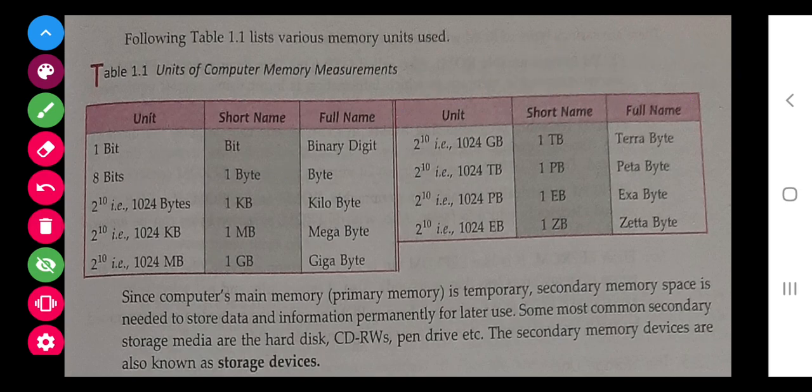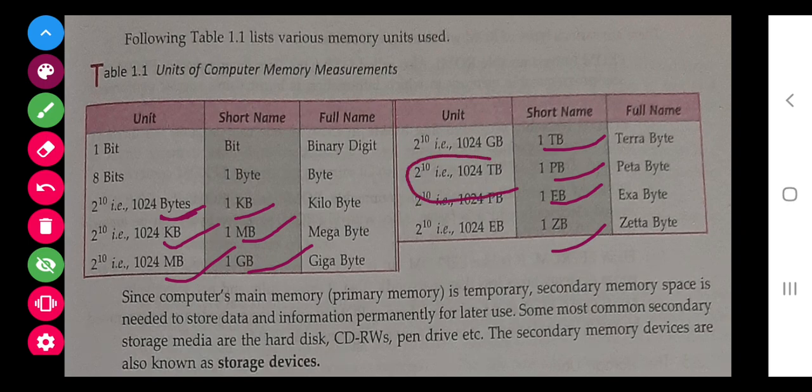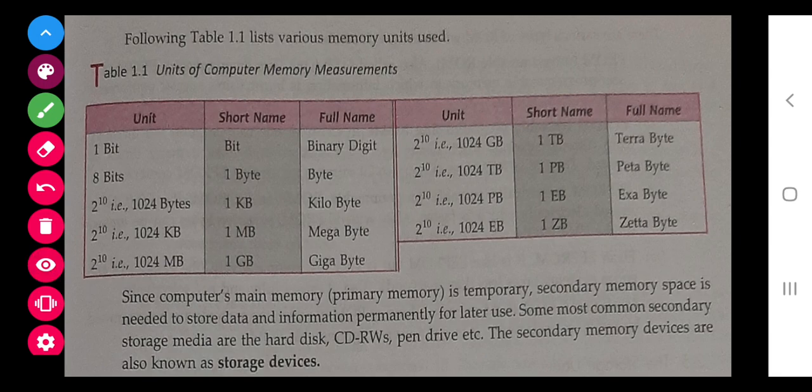After that, 1 kilobyte is equal to 1024 bytes, that is 2 to the power 10. Similarly, 1 megabyte is equal to this much kilobytes. 1 gigabyte is equal to this much. Terabyte, petabyte, exabyte and zettabyte. Nowadays we all know about the terabyte, but in supercomputers and big computers, where big organizations are, people are using exabyte, petabyte, and zettabyte also. Especially where a large memory unit is needed, there it is used.